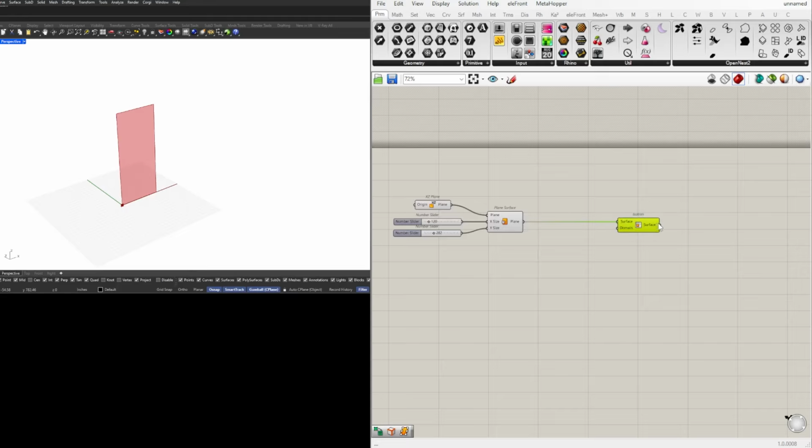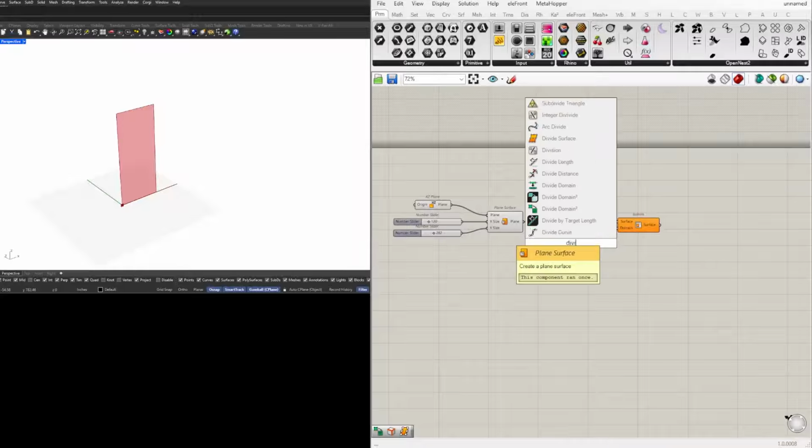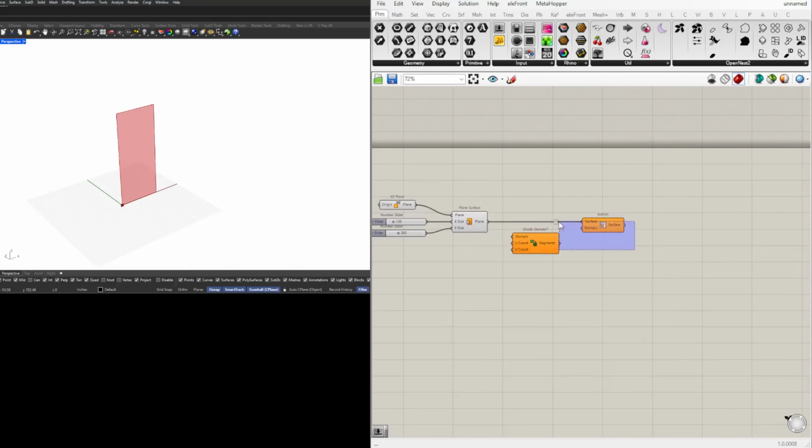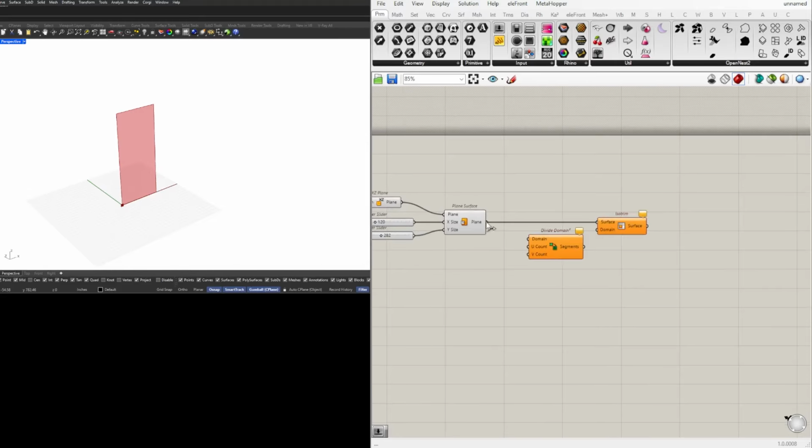Now what's kind of unfortunate is that when you bring in isotrim, you also have to bring in another component to pair with it called divide domain squared, which it would be nice if they had isotrim with this already built in, or a different component like isotrim 2 that already has this built in, but it doesn't. So we'll take this plane, plug it into the domain, the segments into the domain input, and you'll see that